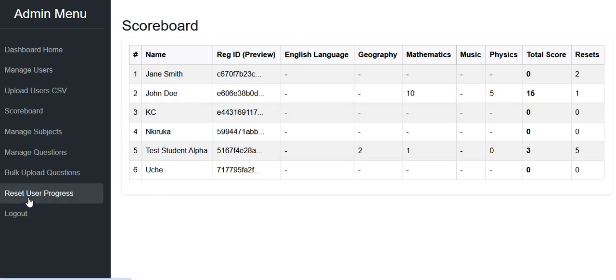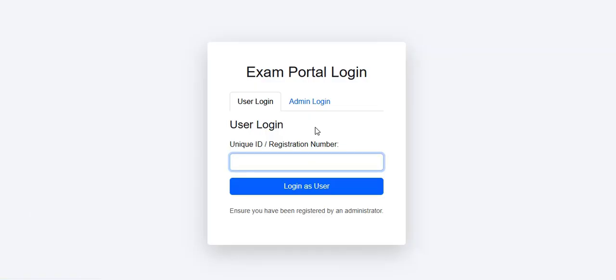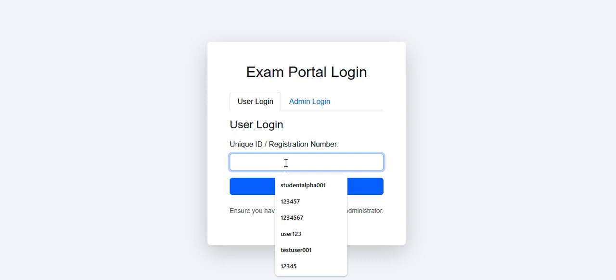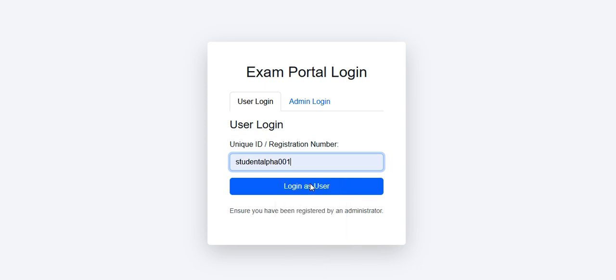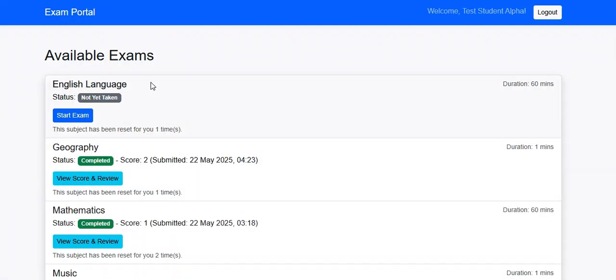Then you can also come here and log out. So the user dashboard, let's quickly walk you through the user dashboard. Let me log out from the admin side. For the user dashboard, you enter the correct user ID or the registration number of the test taker. Let's say I have this guy here. I think this guy has completed, let me test this one. Student 0001, login as user. Okay, now when you log in,